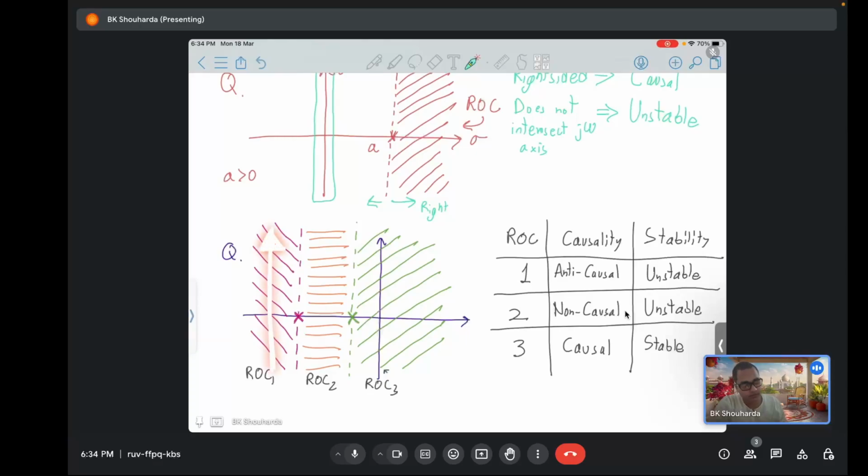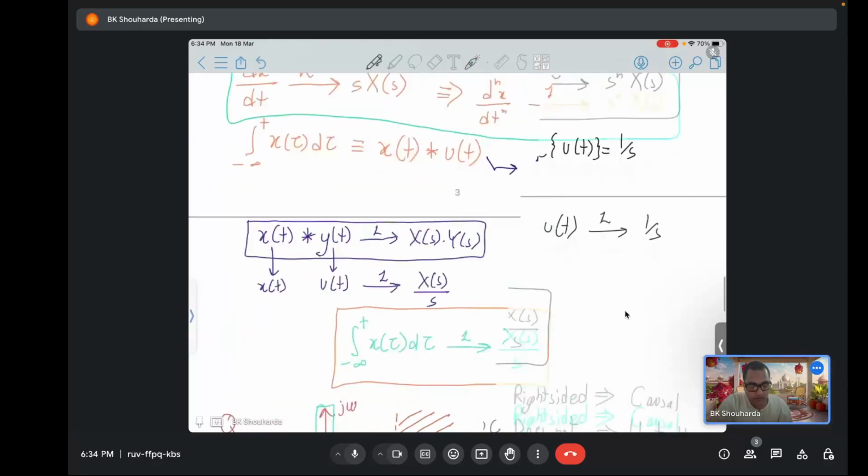So what will happen over here? Here all these things will remain the same, but this will become stable because this includes the j omega axis. This one will remain unstable, and this one will also become unstable because this one is over ROC1. Okay, so this is my last discussion about ROC, because we have discussed a lot about ROCs in this one